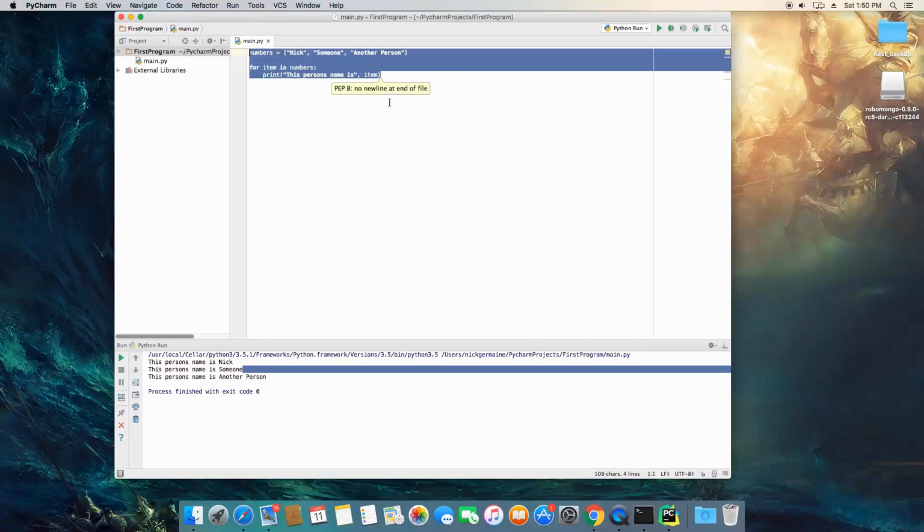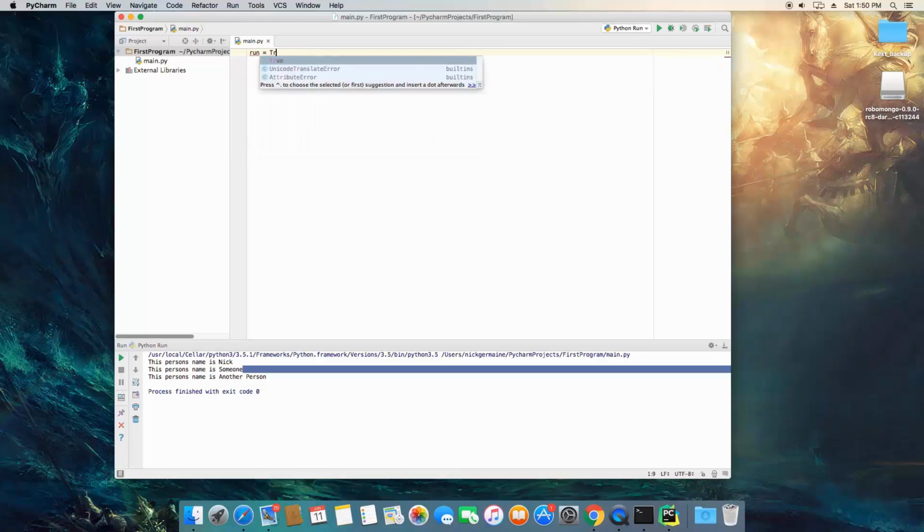Now we're going to learn about a while loop. So let's go ahead and create two variables. One is going to be called run, and it's going to be equal to true. And the other is going to be called current, and it's going to be equal to 0. Actually 1. So let's go ahead. And what we're going to do is type while run,